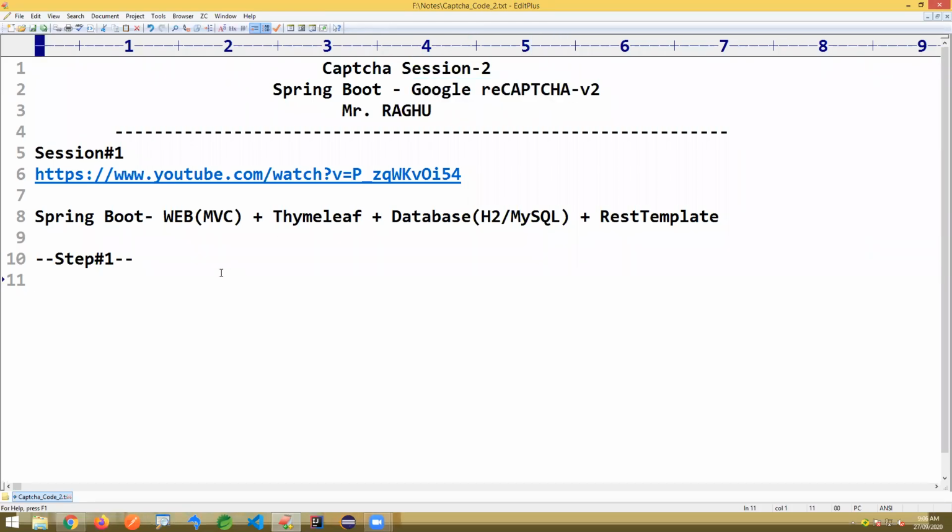In step two, we need to do the coding part at our application side. So we have to perform these two steps: go to Google reCAPTCHA and register our application for CAPTCHA verification, and then write the code that is going to communicate with reCAPTCHA.